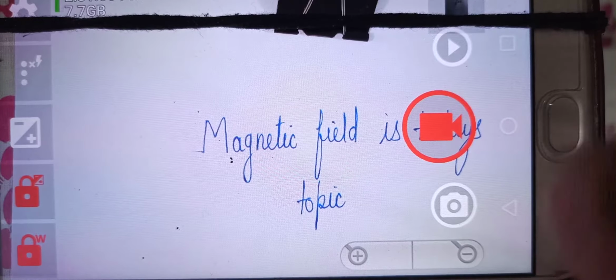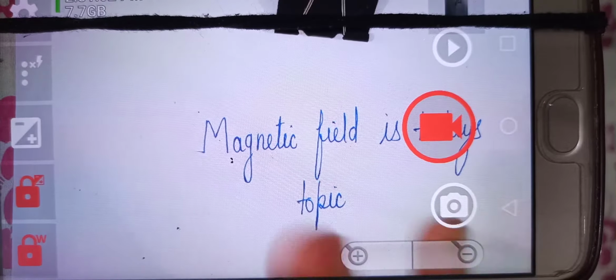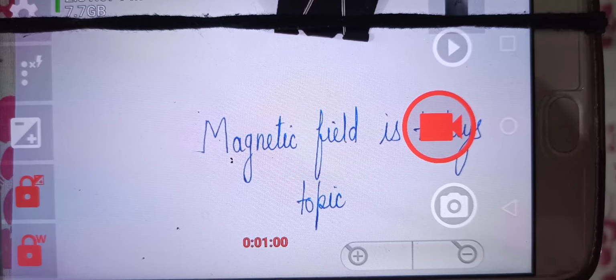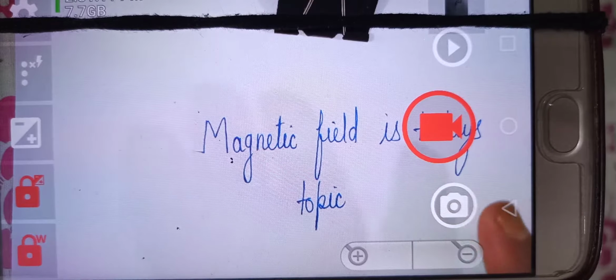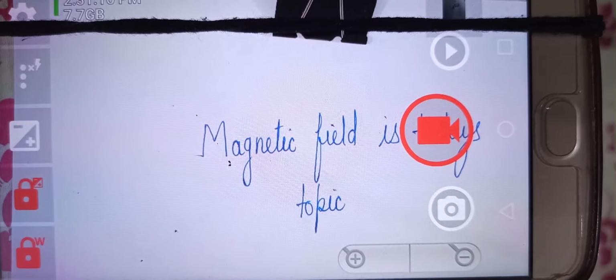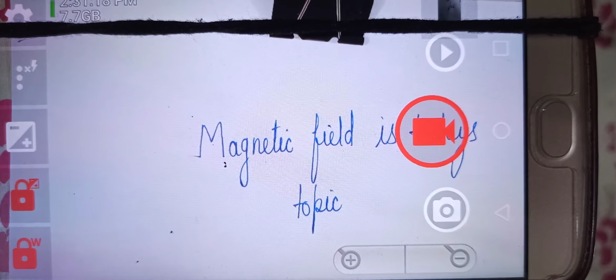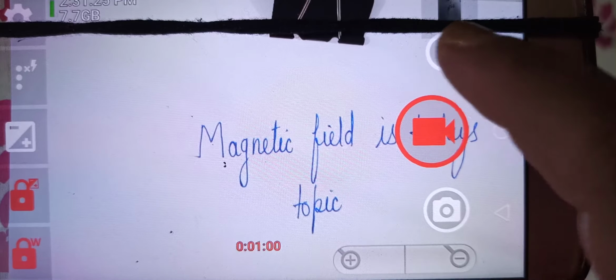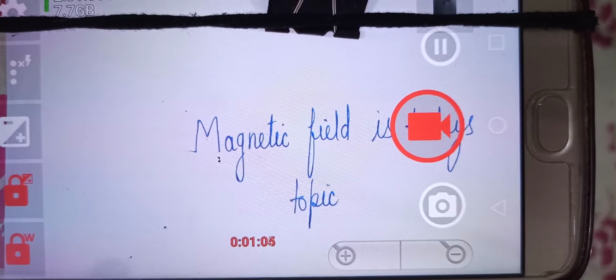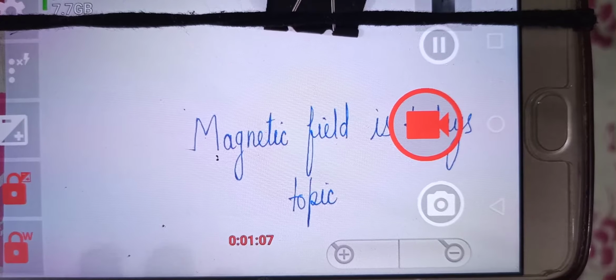And now I can change its position, it's a delicate situation, but I can change it. I can place it in my hand if I need it, and if I want to take a break for something, then I can pause it. I can complete that work in 5-6 minutes, and I can come back and switch it on, and my recording will start again at the same place. So normally I don't need an editor.